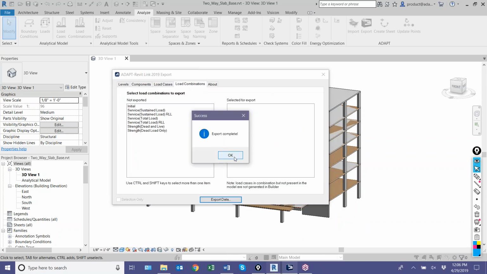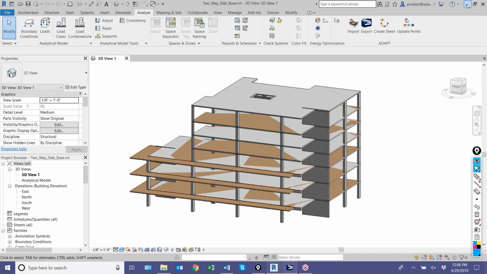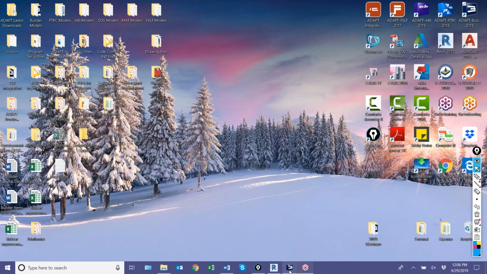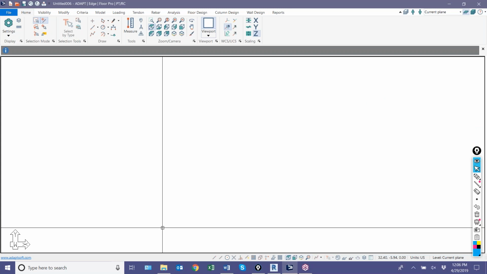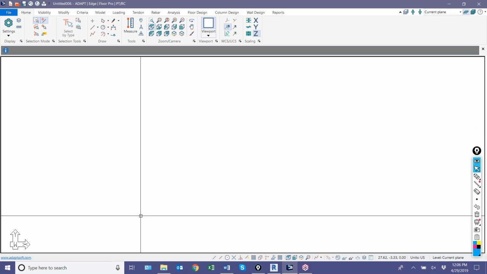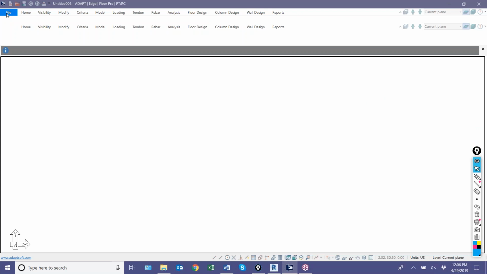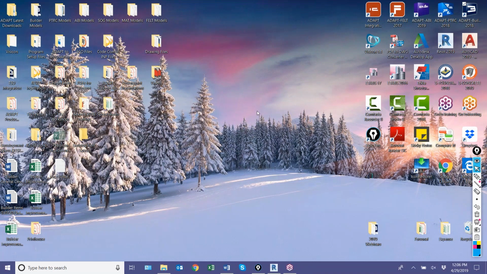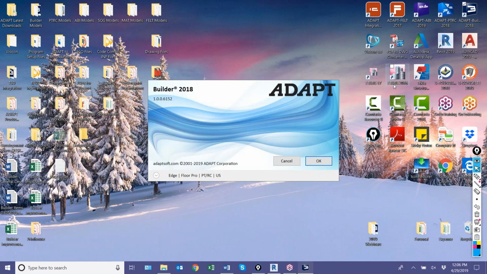We'll save this as an IMP file, and that process is done. I'll just set Revit to the side, and I'm now going to import this file from Revit to Builder. So I'll go to File. Actually, let me back up just one step. I'm going to launch Builder. Today we're using Builder